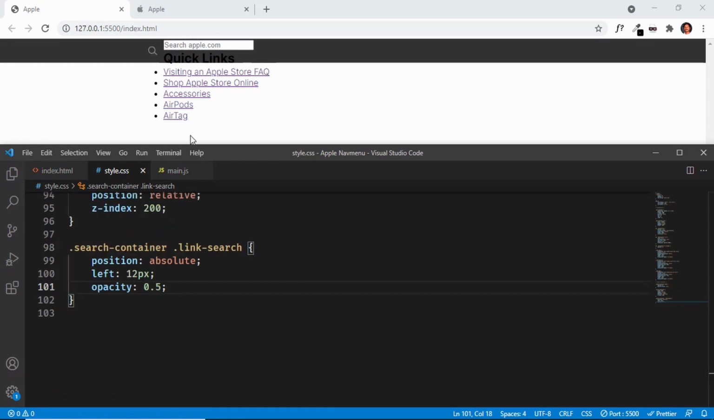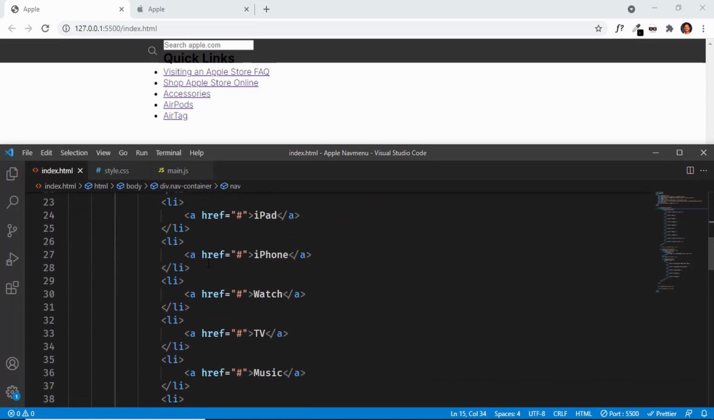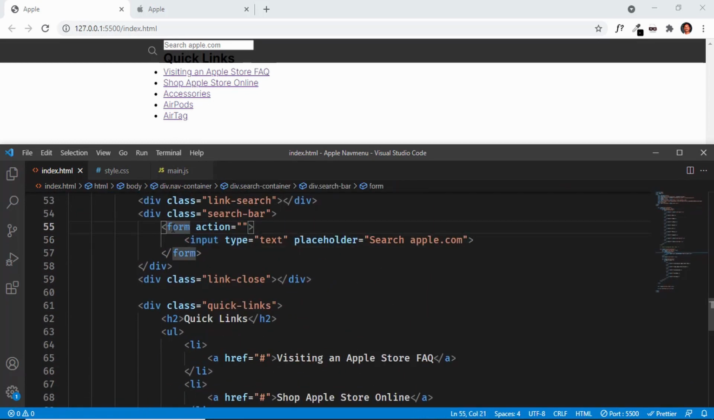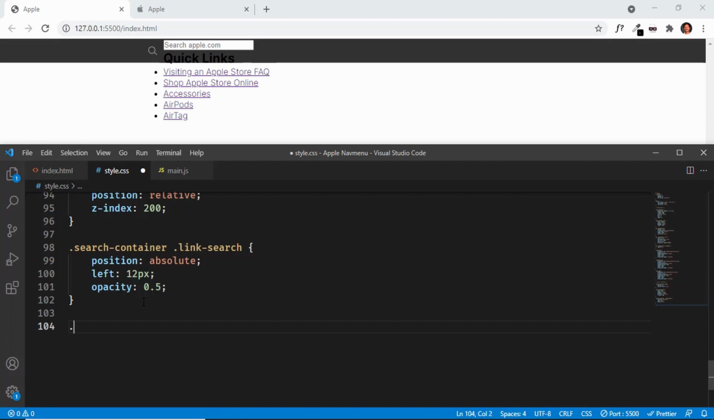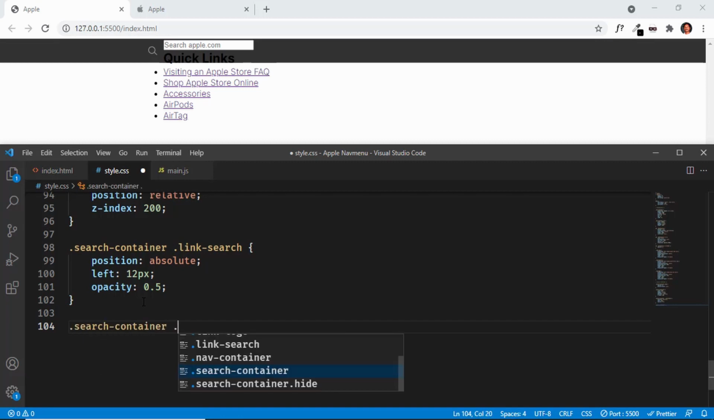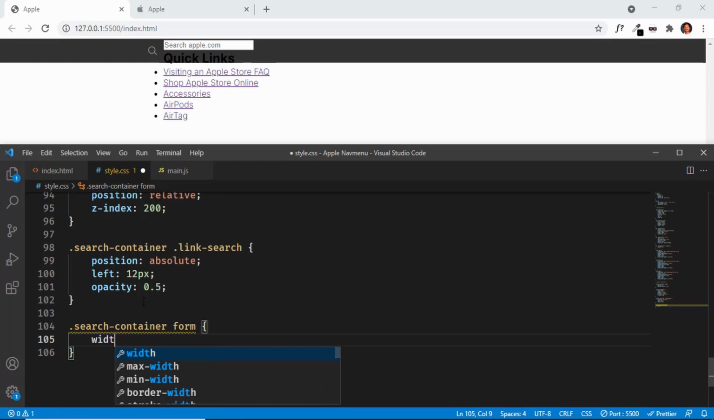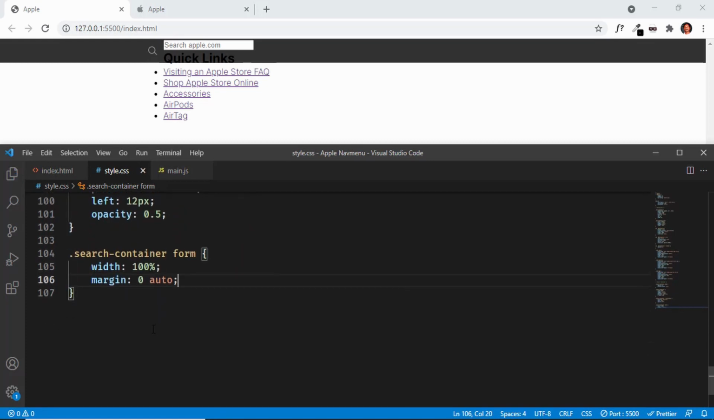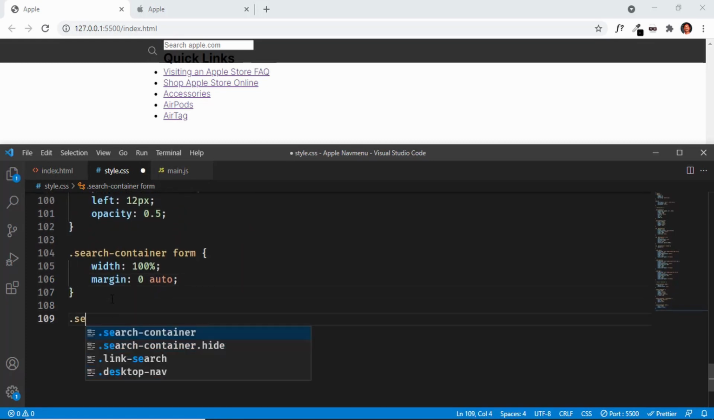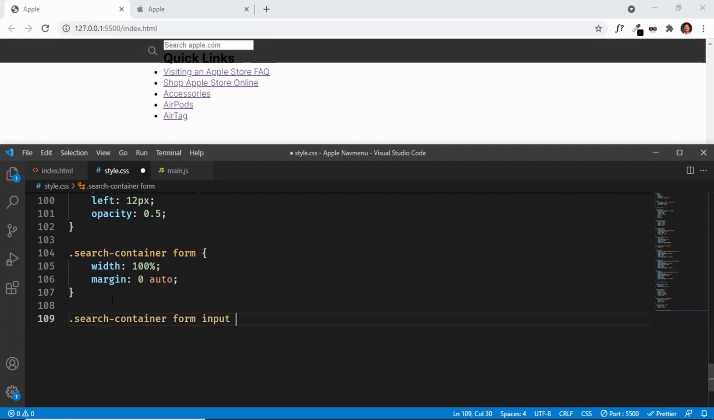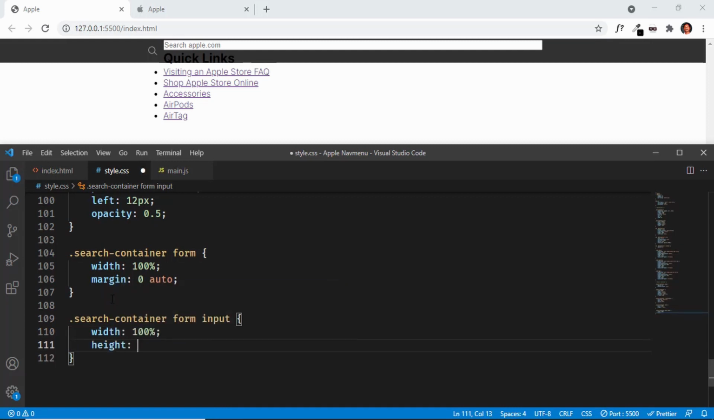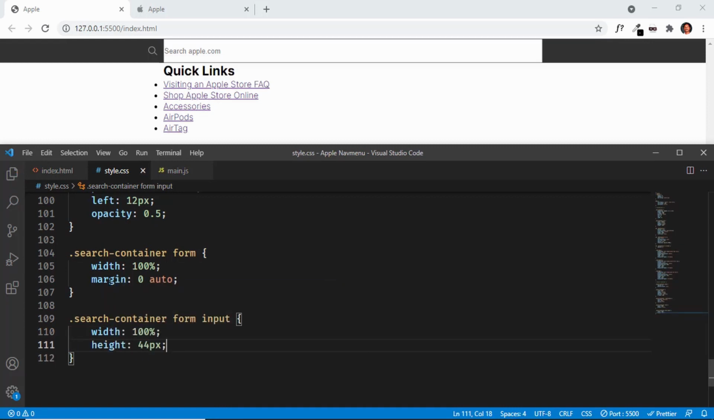Right now let's style the search form. So if you go to the index.html file, we can see we have the search input field inside the form. So let's style the form. So we'll just type search container and form, and for the form we will set a width of 100% of the parent, and we'll also set it to the center. So I'll just type margin 0 auto, and now let's style the input field. So let's type search container form input, and let's set the width to 100%, and we will set the height to 44 pixels, which is the height of the nav container,